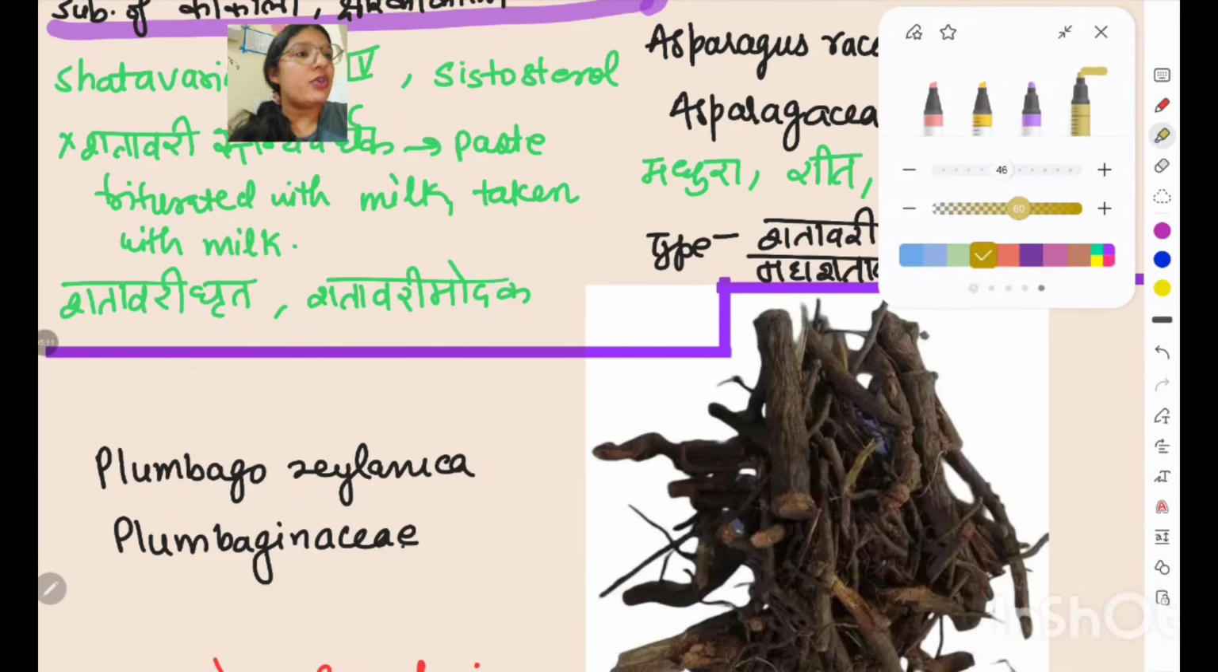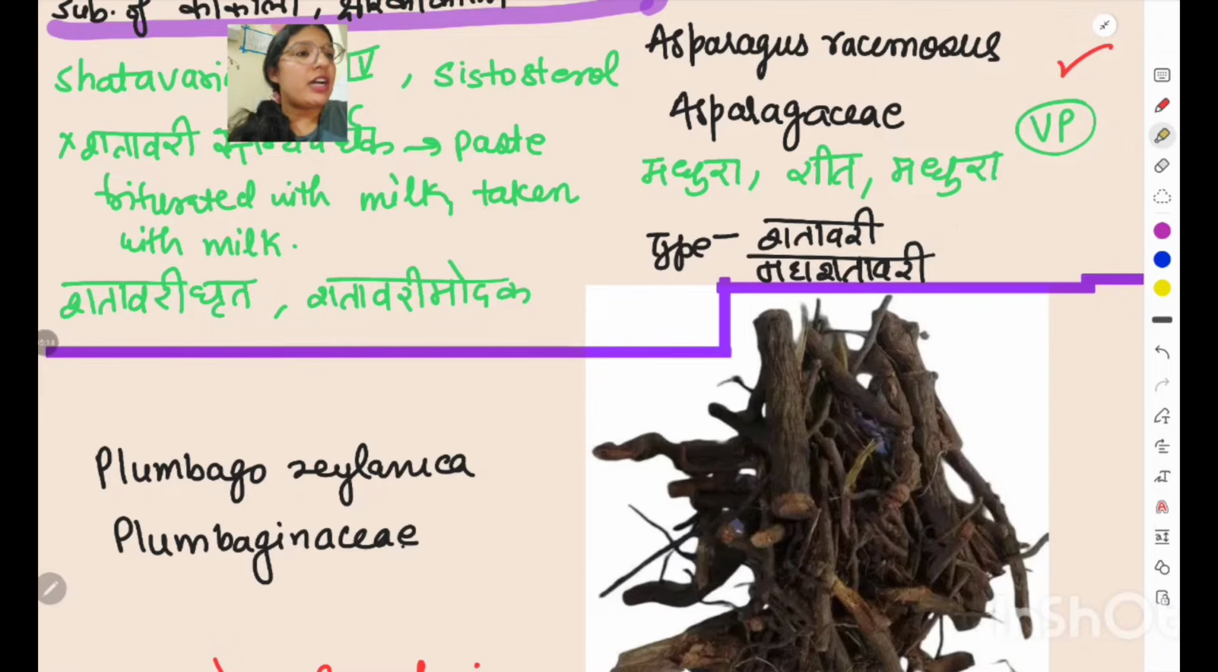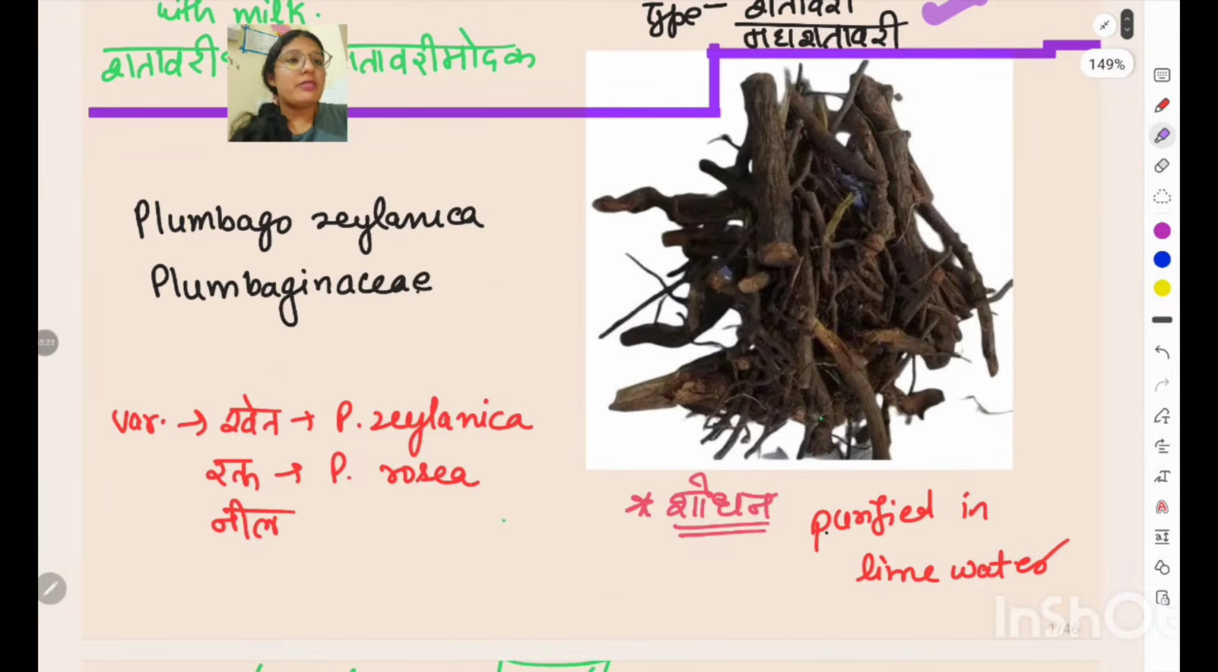First type is your Shatavari and Mahashatavari, so it is important. Okay, so you should remember this point also. Next, your third important plant is Chitrika root, and this is the root of the Chitrika plant, and the botanical